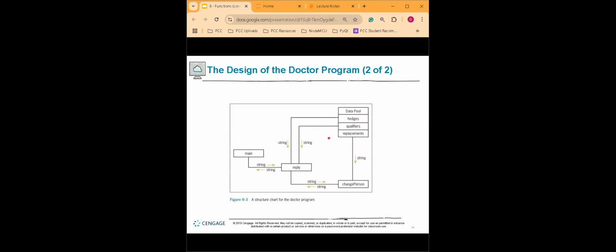I don't know, wait. So from the reply here, string, okay? So it collects 3 things. The strings, the headers, the qualifiers. Yeah, the headers and the qualifiers. So from the name itself, headers,